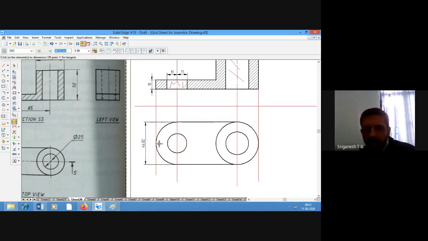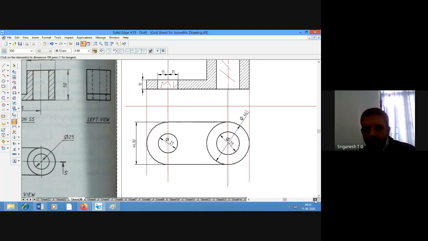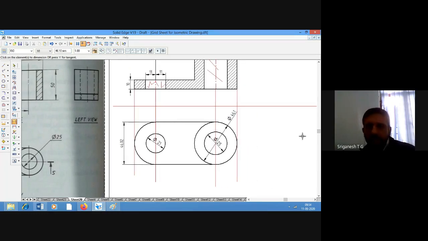This is going to be 46. This diameter is 21. This diameter is 25. This diameter I can take outside, and it's going to be 46 diameter. I have not drawn the projections correctly, so there are slight changes in the dimensions. Is that clear?